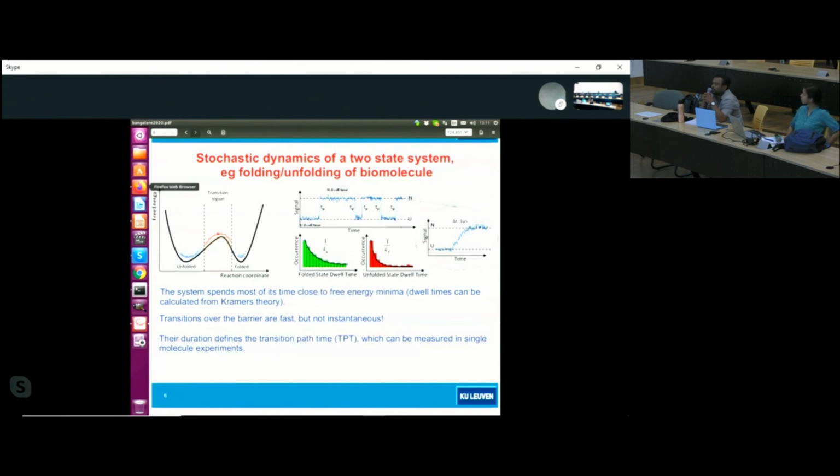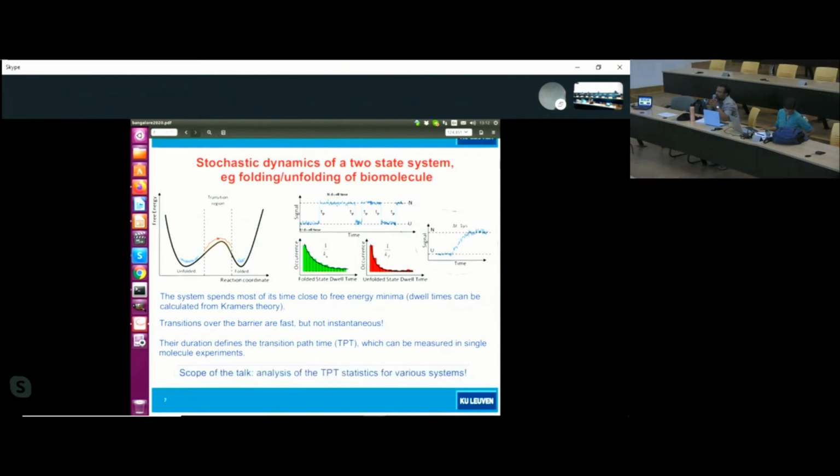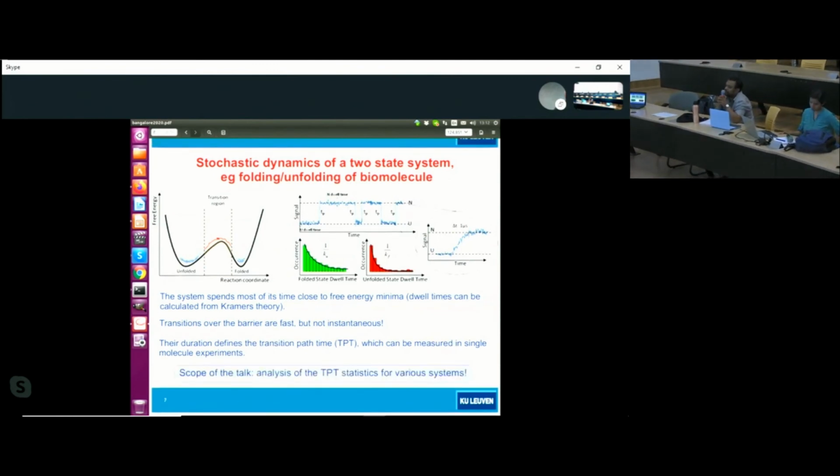Yeah. And the second question, you said that if you have a very large barrier, then your TPT decreases with increasing the barrier height. Can this be understood by this optimal fluctuation theory, which is basically looking at the optimal path which actually takes you from the left-hand side to the right-hand side, and finding out the amount of time the particle spends in that region on such a path?